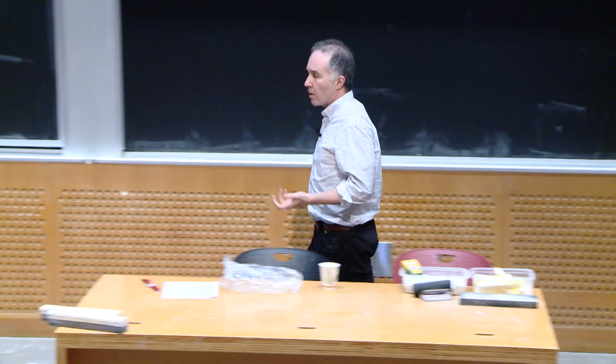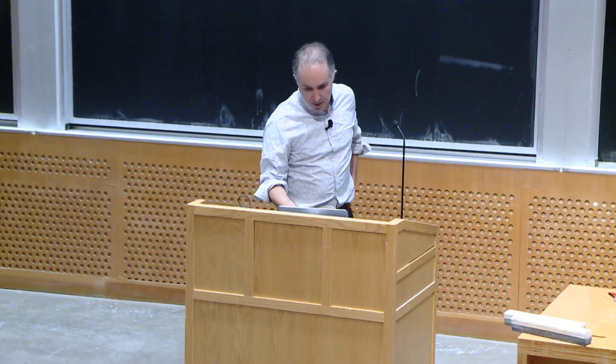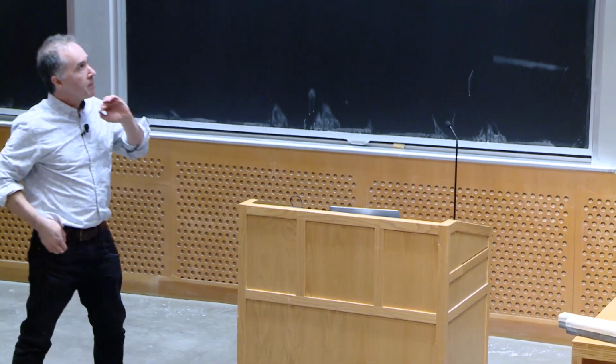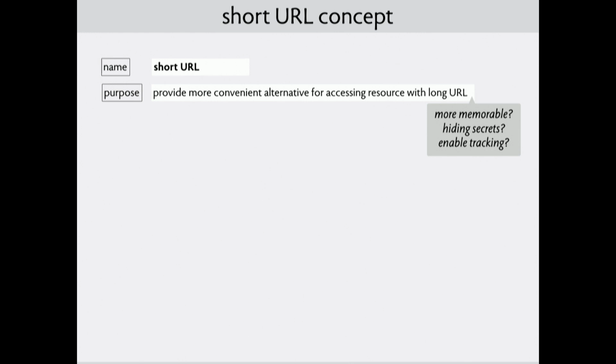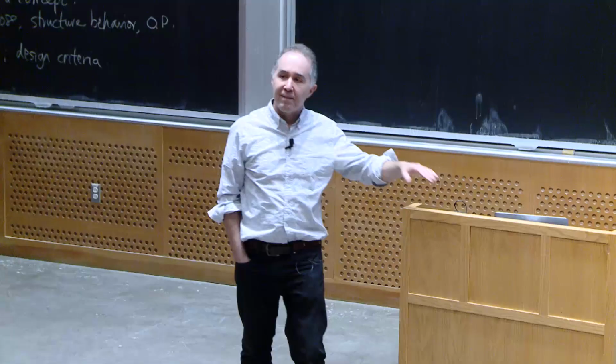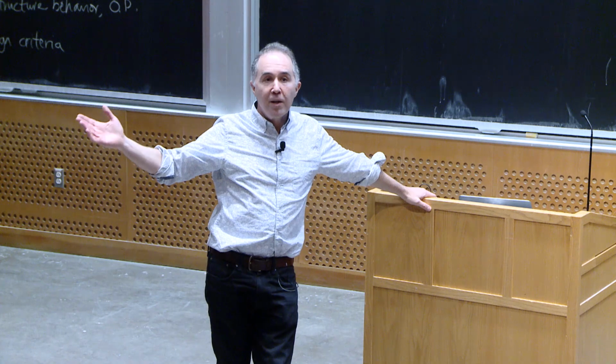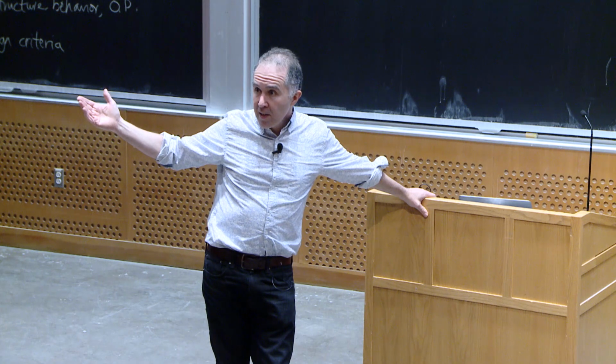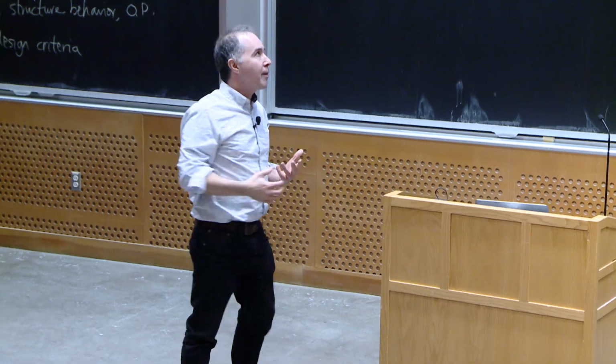So this is an interesting question, whether or not there are multiple purposes. So indeed, being more memorable is the first one that comes to mind. Oh, and enabling tracking is one I just suggested. A third possible one is, what about hiding secrets, right? So you've probably noticed that a lot of phishing emails use short URLs because it allows them to obscure where they're sending you, you know, myevilcomputer.in.nigeria.com or wherever, right? We shouldn't be unfair about Nigeria, myevilcomputer.in.Massachusetts.com or whatever, right? But whatever it is, it isn't Google or PayPal or Netflix that you were expecting, right? So you can use a short URL as a kind of obfuscation.